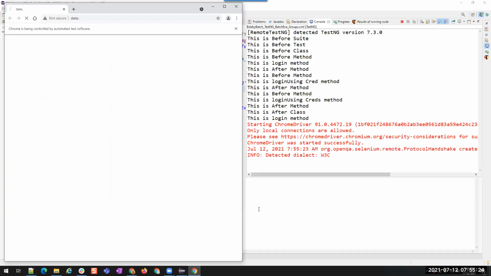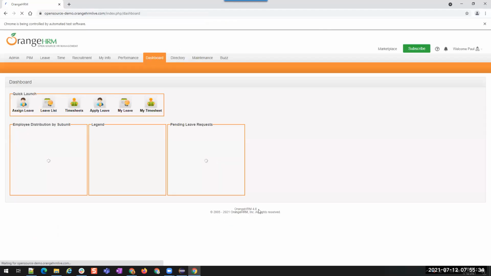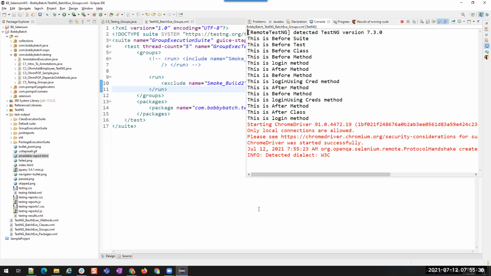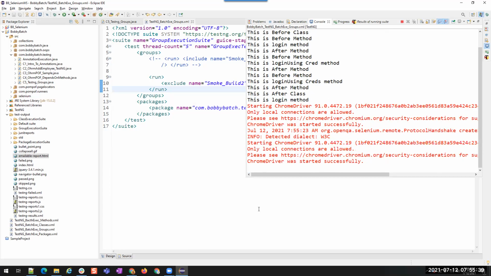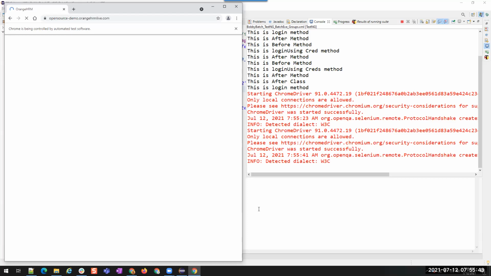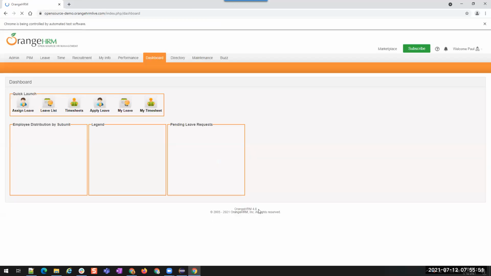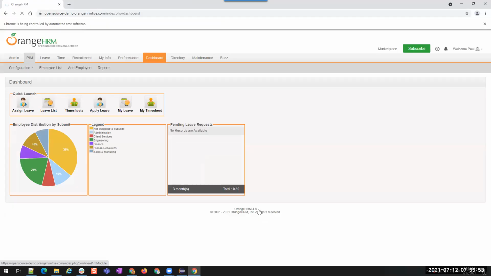You see, it is executing from all the other classes as well, right? Because other classes don't have any group name. Understood? Let it complete. Except that particular group, everything will get executed.